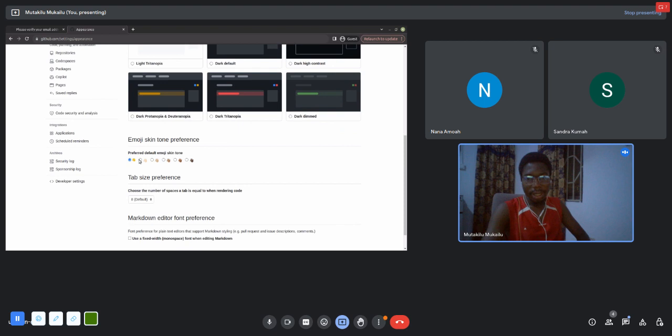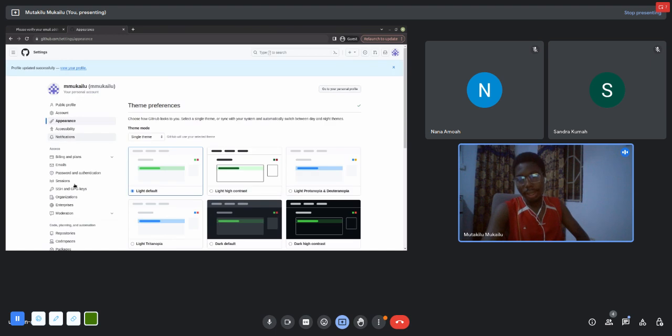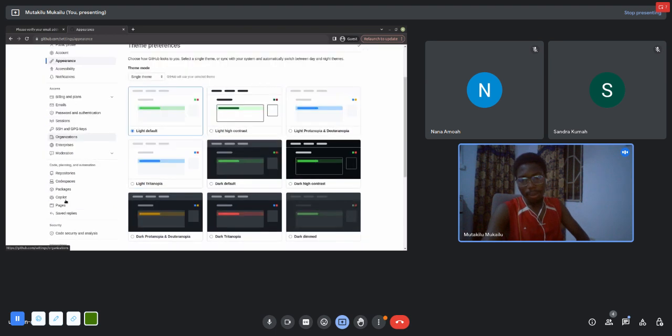You can even set the preferred skin tone for your emojis. If you are black, you choose this. If you like Sandra, Sandra is a white lady, maybe the medium one, and you can set a lot of things. You can set your passwords and all those things here. You can even add organizations and stuff. Now that is how we do it. So that is how we go about